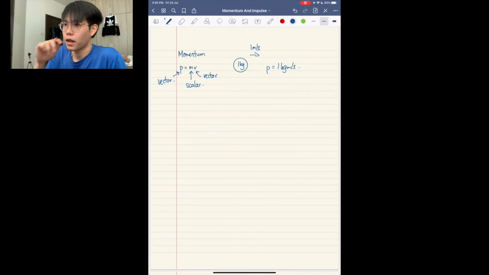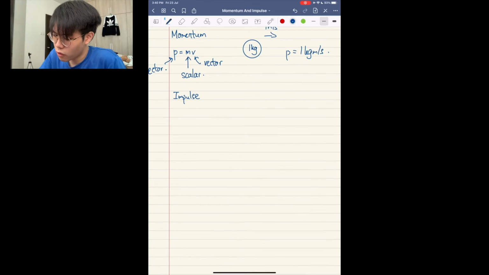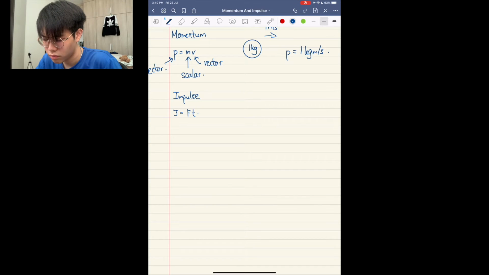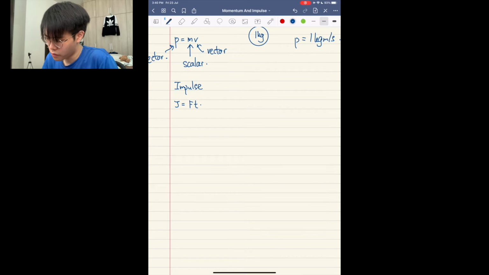Now we're going to talk about impulse. The formula for impulse is J equals Ft. I know some people might use I as the symbol for impulse, but I choose to use J. It's up to you actually, it doesn't matter. Impulse actually comes from Newton's second law, which is F equals change in